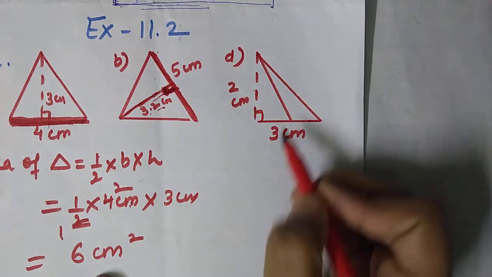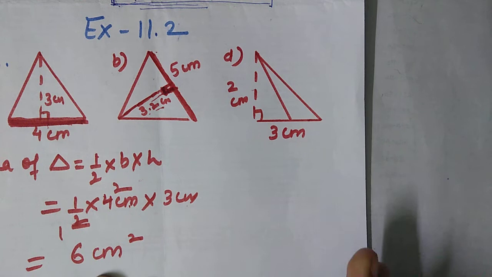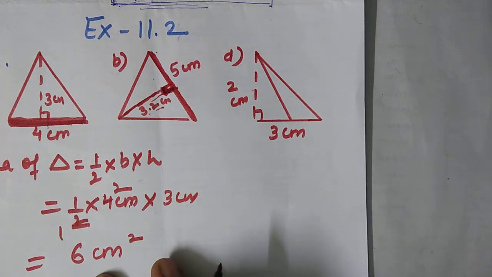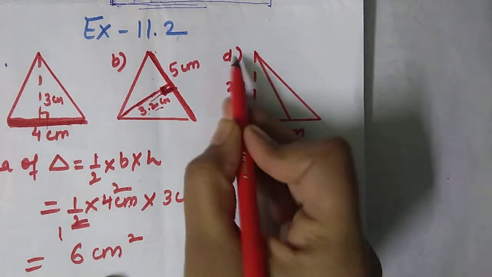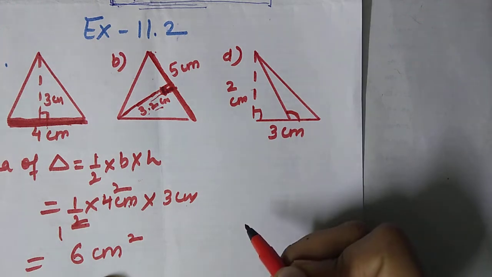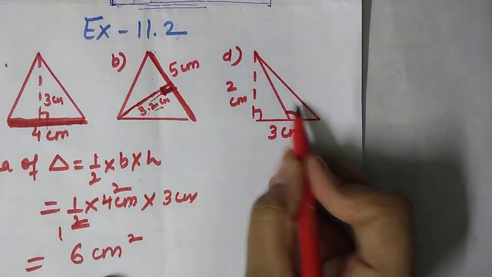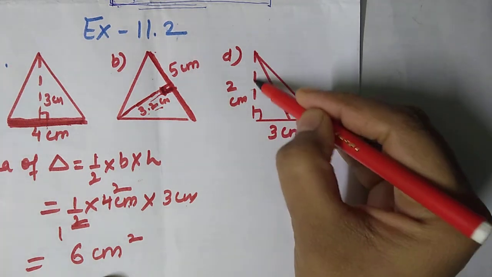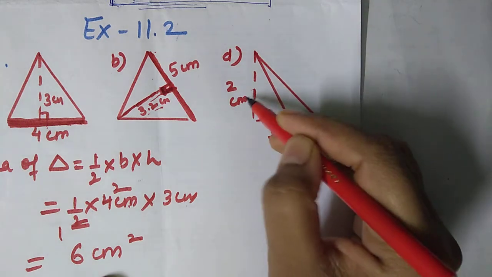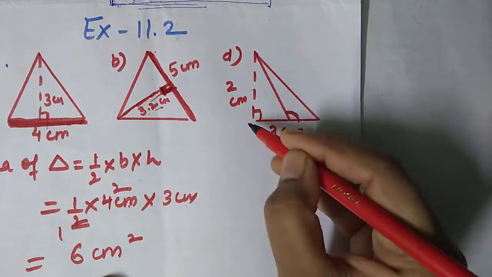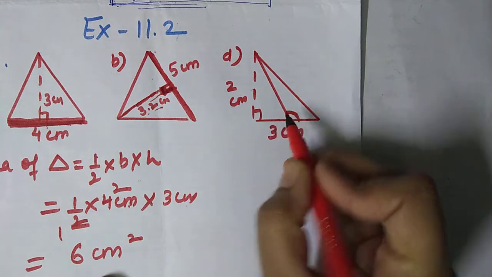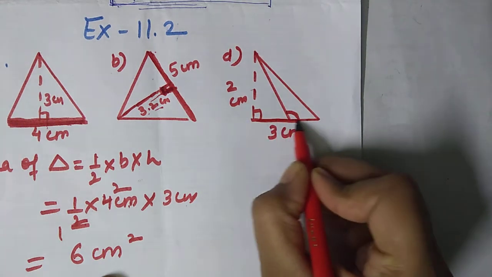Here it is 90 degree. Now, you have learned that in an obtuse angle triangle the altitude is always outside the triangle. So this is an obtuse angle triangle because this angle is more than 90 degree. An obtuse angle triangle is a type of triangle in which one of the angles is more than 90 degree. So its altitude is outside the triangle, so this is the height. And on which side the 90 degree is forming, that is your base.